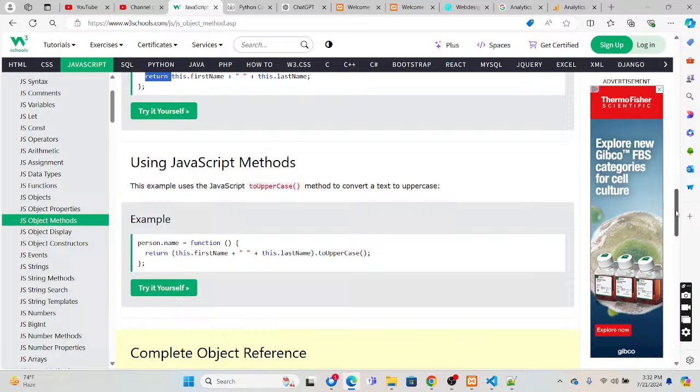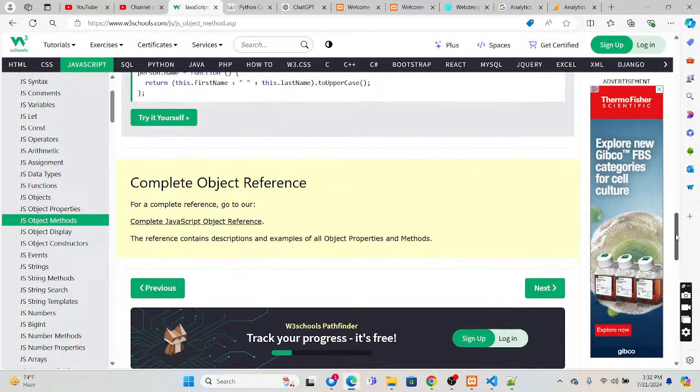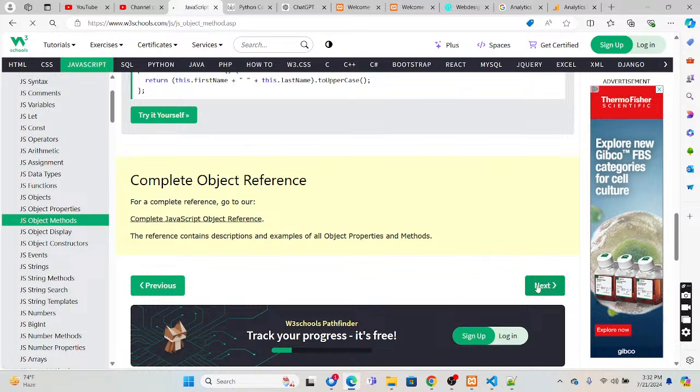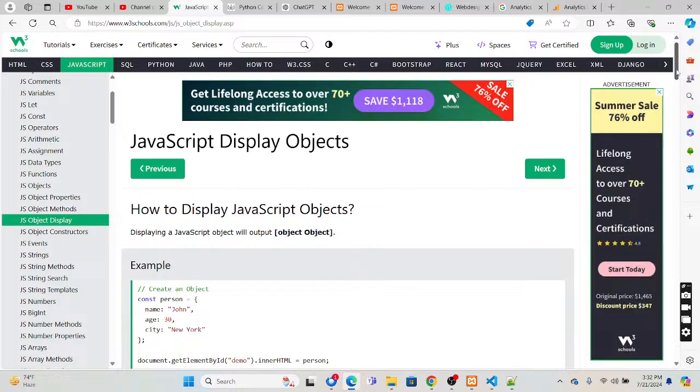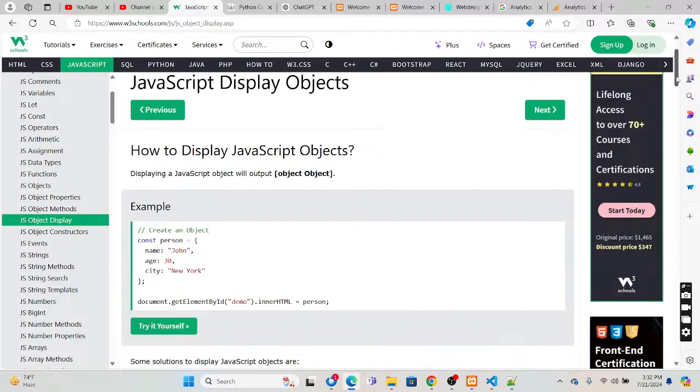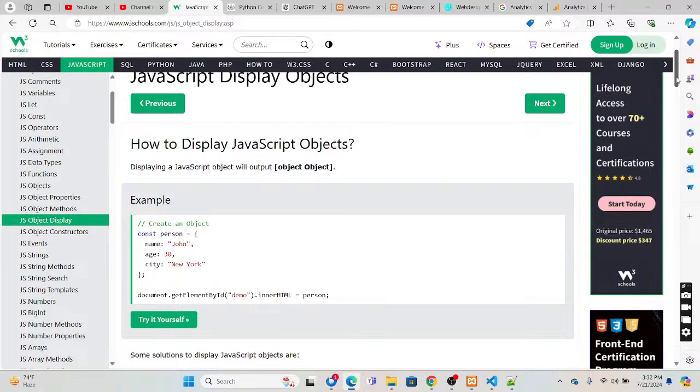or JavaScript method to uppercase, okay. So that is the object declaration. How do we do class declaration and object accessing? How do we display JavaScript objects? How do we display the object? Demo inner object, inner HTML